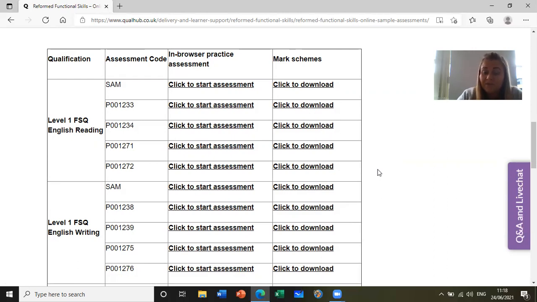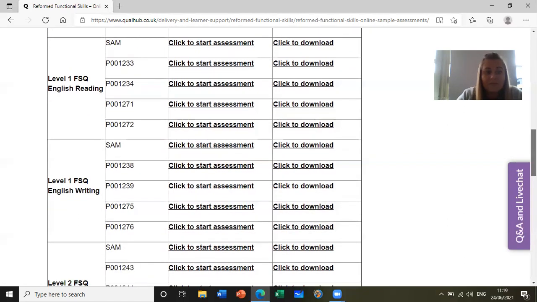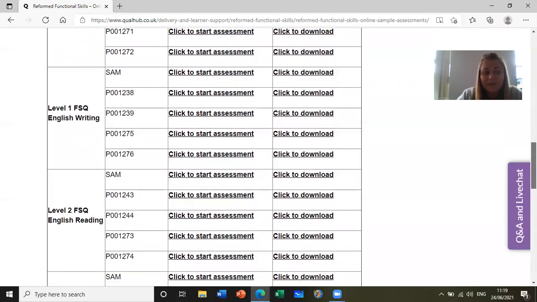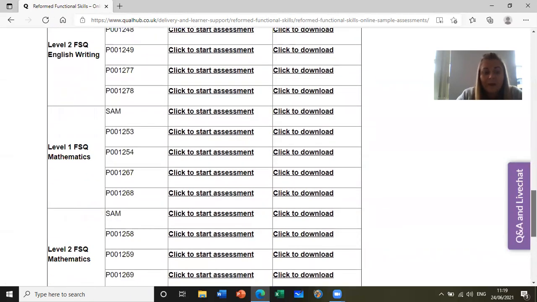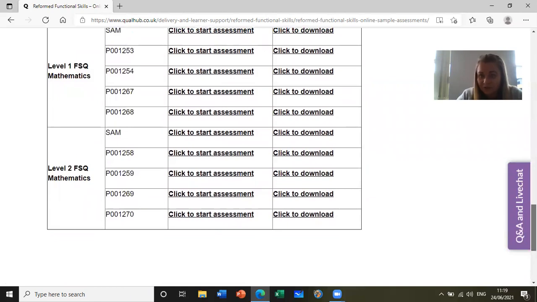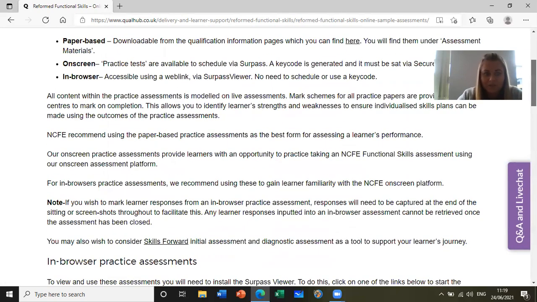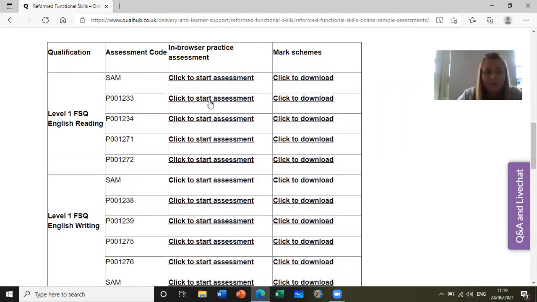If you do want to access the marking schemes yourself, this is where you would find them, and this is where you would find your practice assessment. As you see further down, there's the level 1 writing, the level 2 reading, the level 2 writing, the level 1 maths and the level 2 maths. You have 5 assessments for each qualification. So let's say we want to click on level 1 English reading, you would just click on assessment,